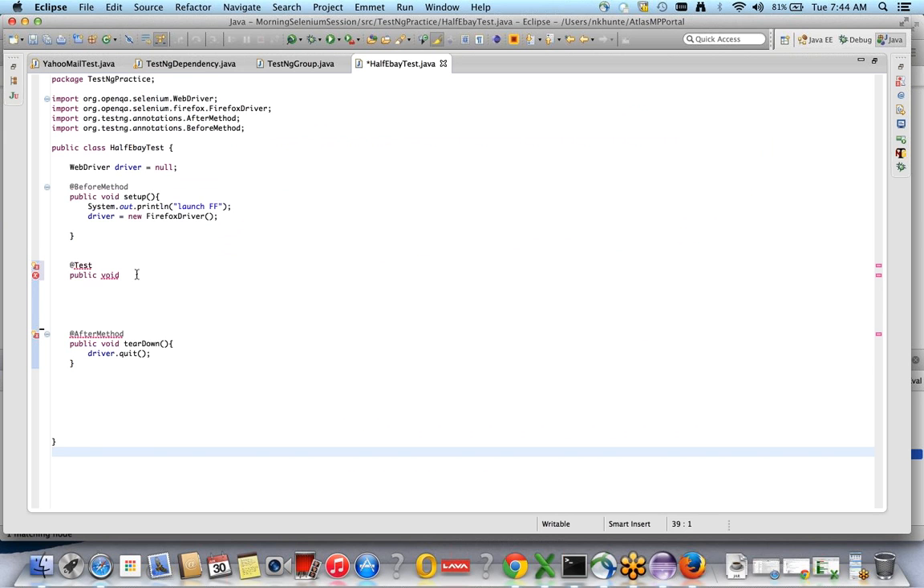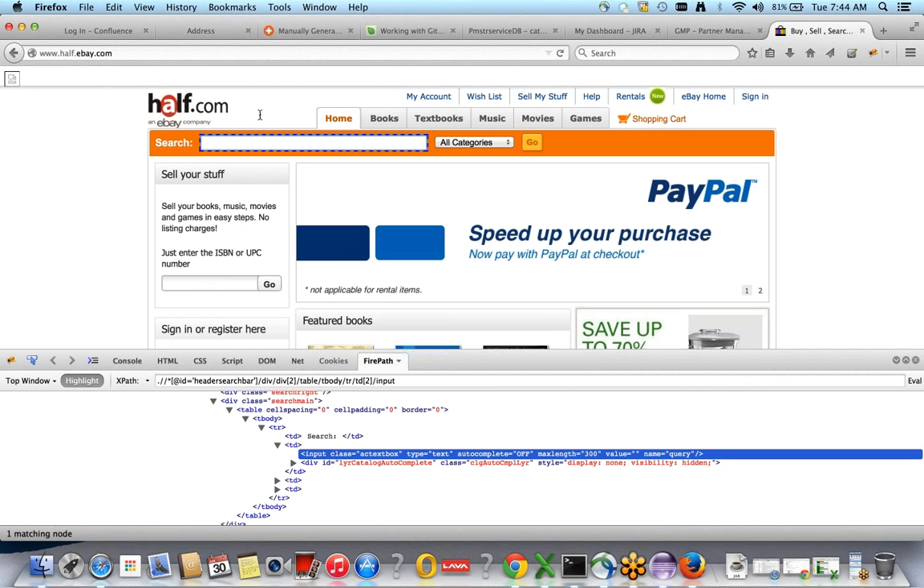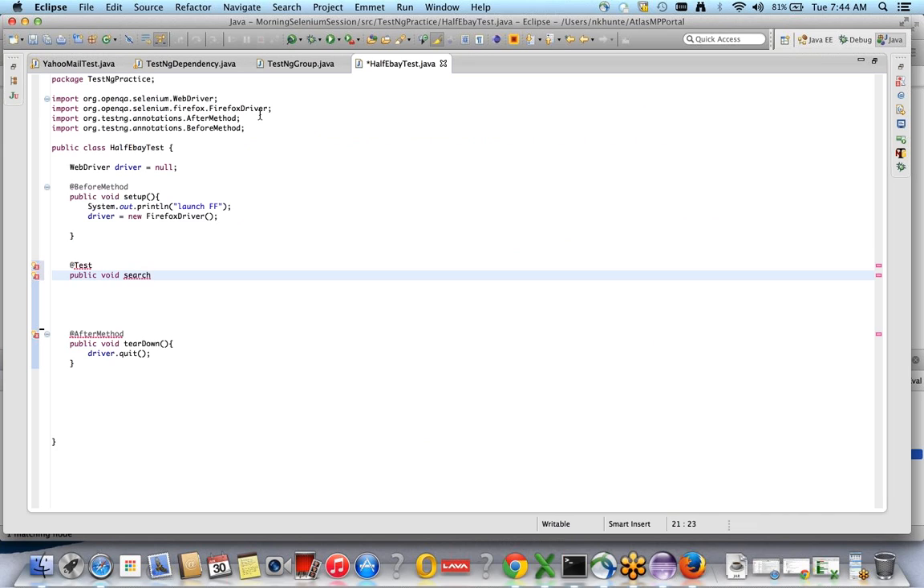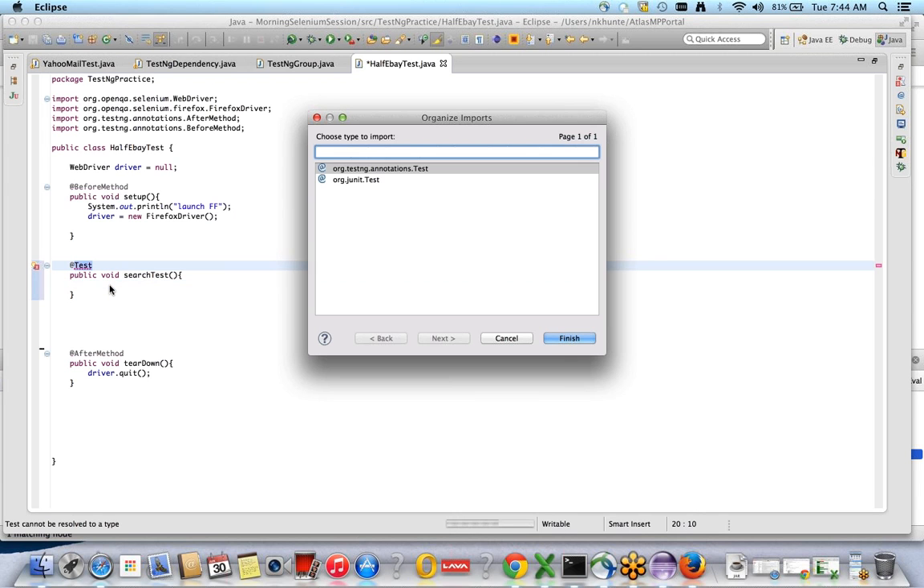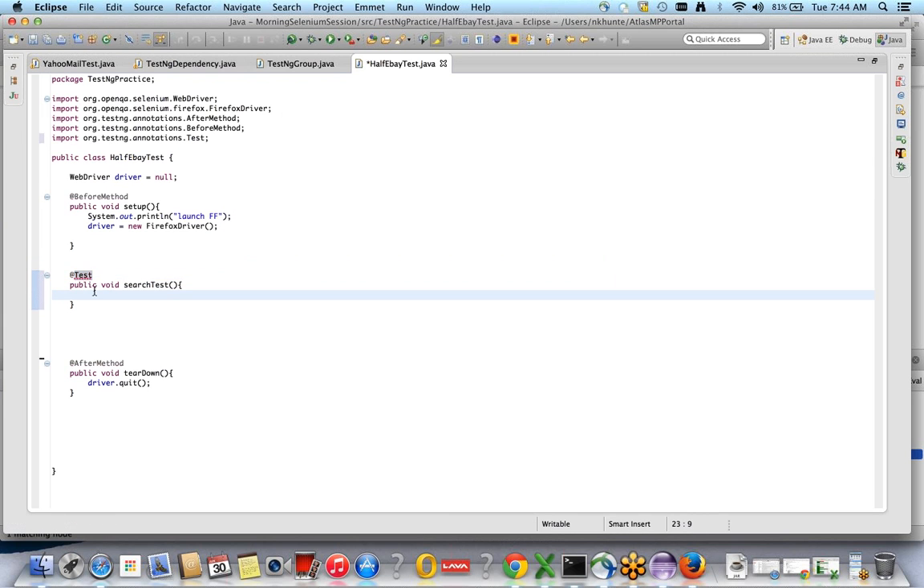So public void searchTest. Let's see, my first test case is searchTest. Just give a proper name: search is your functionality name, and test, searchTest. This is a good practice. It means this is your test case, and just import the @Test annotation, and then